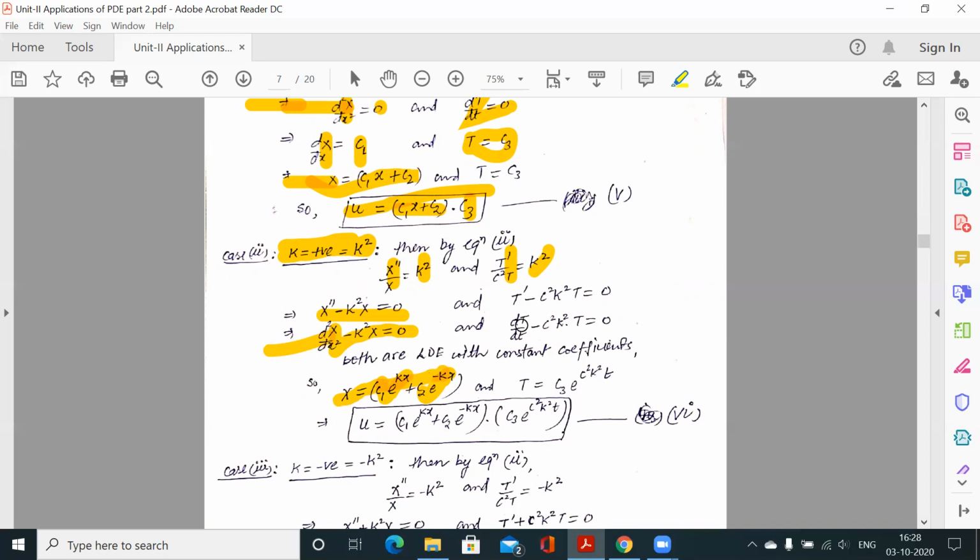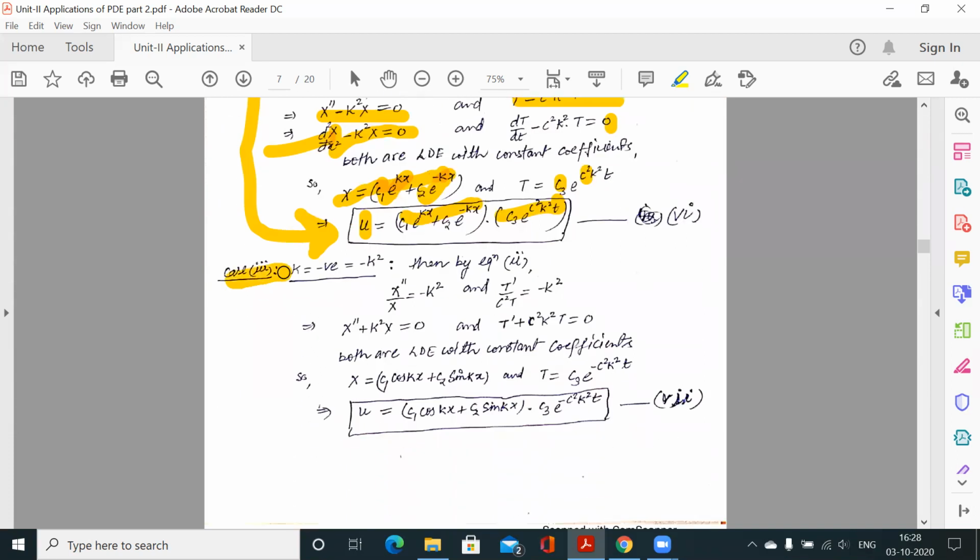There is no PI. Now for the second, this is t dash minus c square k t is equal to 0. This is a first order LDE with constant coefficient. So the auxiliary equation would be m minus c square k square is equal to 0. So the root would be m is equal to c square k square. So one root is there. How to write CF? C3, because C2 we have already taken. So this is C3 e to the power m into t, because the independent variable is t now, with m value c square k square. There is no PI because the right hand part is 0. So the total solution is u is equal to x into t. So for the second case we get our solution.